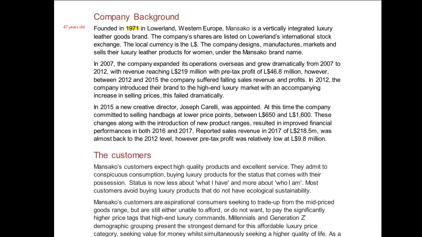Now, obviously, there is no such country as Lowerland, but there is such a thing as Western Europe. So this is a fictional country in which this fictional company is based. And the fact that CIMA have said Western Europe is important because it gives you some idea of the kind of culture and the economy and the history of the country in which